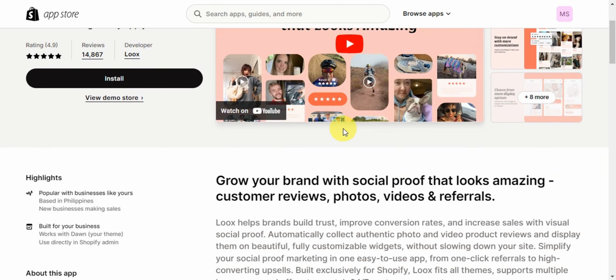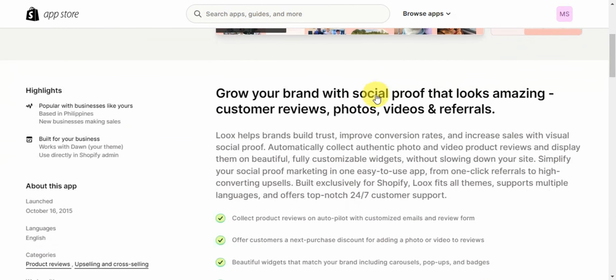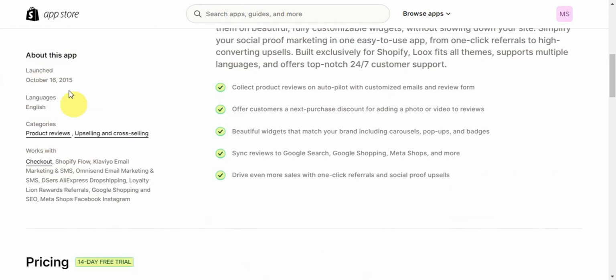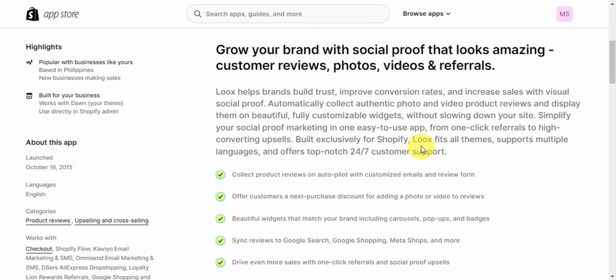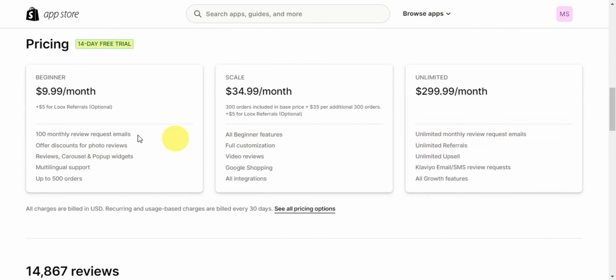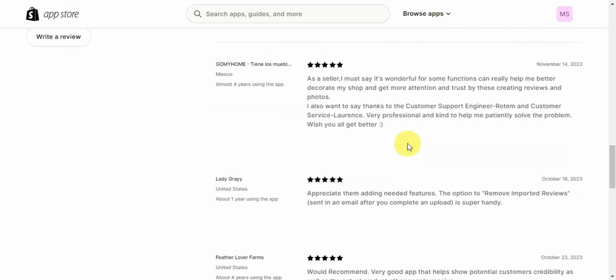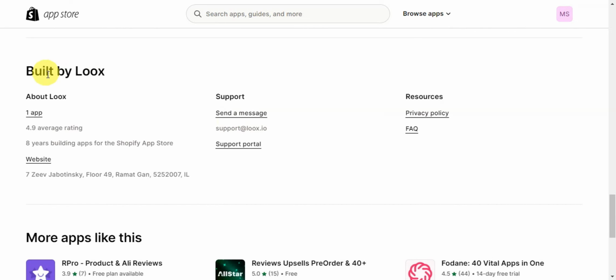So there is a quick overview and their YouTube video in here. Also the highlights. So these are popular with businesses like yours, built for your business. There's also an about this app section in here. Also some details and the pricing of the specific app and some of its reviews. So here are some of what the merchants think about this and some of the apps that are also built